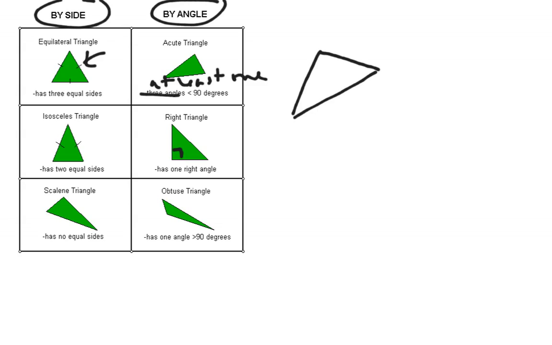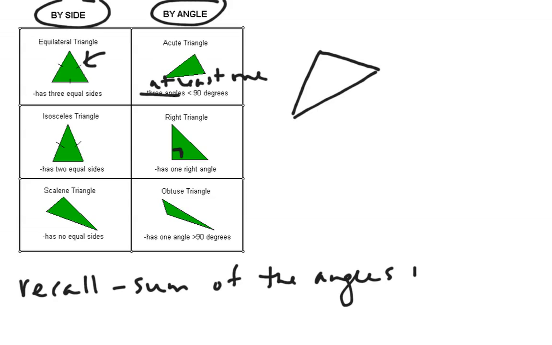Okay, so you're drawing that. And then a couple of things to recall. So one of them is that the sum of the angles in a triangle is 180 degrees. We worked with that a little bit on one of our worksheets last week when we were working with circles, because a circle is